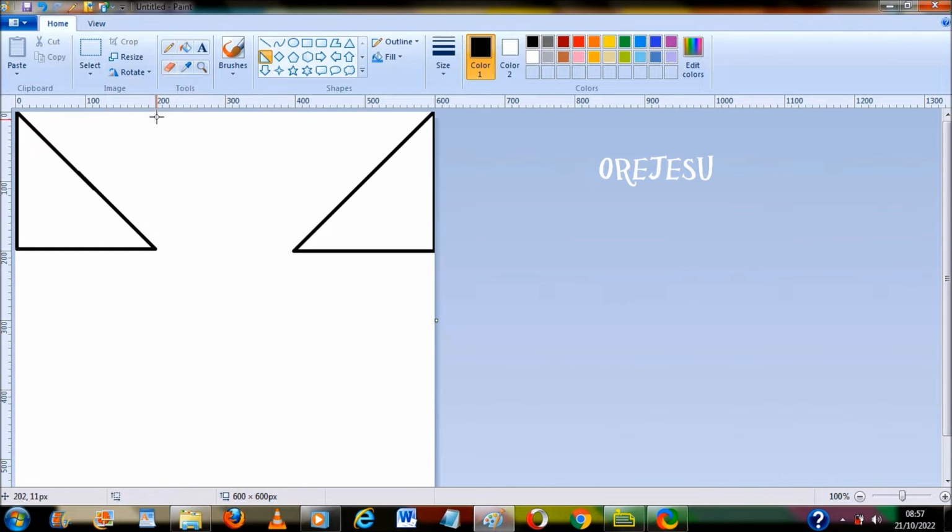We make another shape from 200 to 300. And flip horizontally. We make another one from 300 to 400. And we